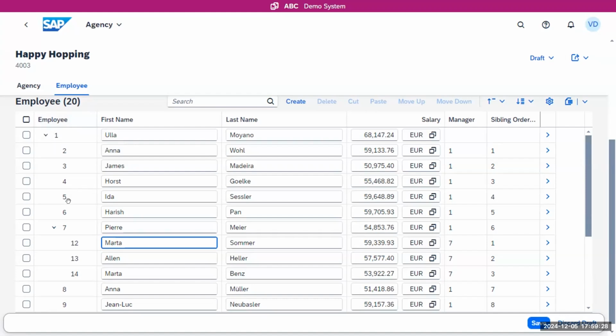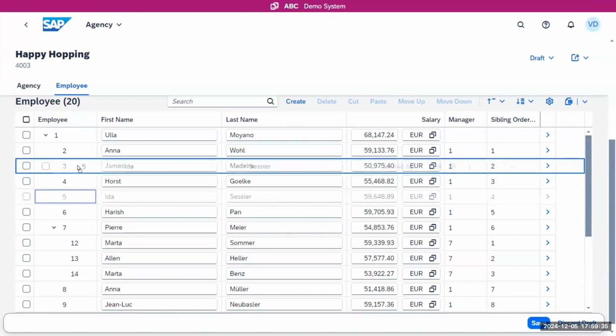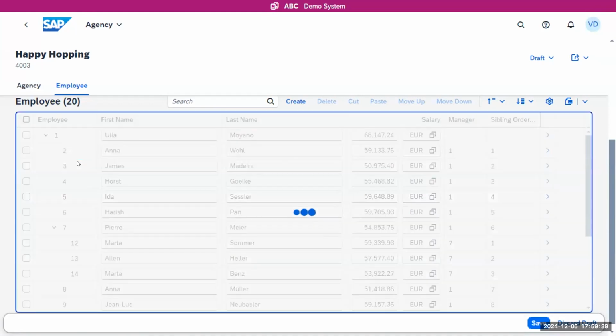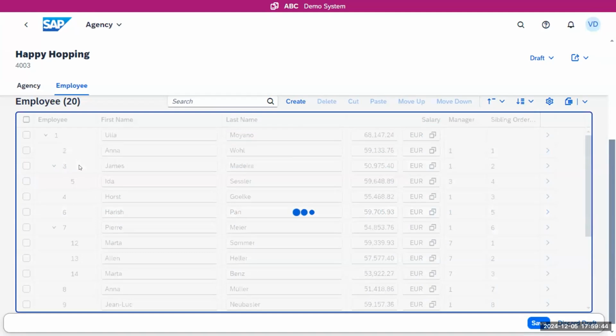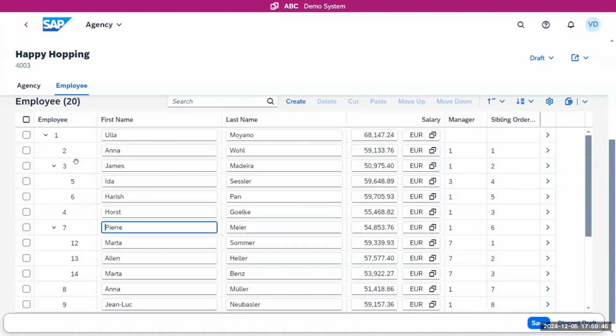And it's editable, so you can now play around with it, drag and drop. So I can, for instance, grab number 5, Ida here, and make her an employee underneath James, by just dragging and dropping it here. I can add more into that new substructure. I can also take subtrees, of course. I can take the entire branch with Pierre and all the people under him, and also drag him under number 3. Then we extend this hierarchy and drag it back and forth.